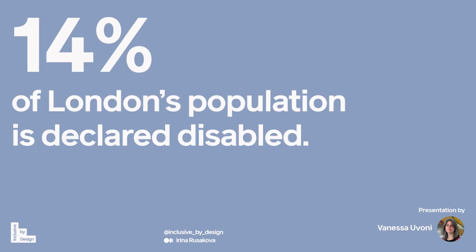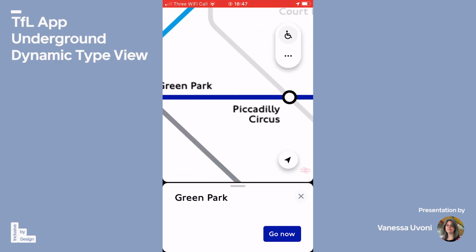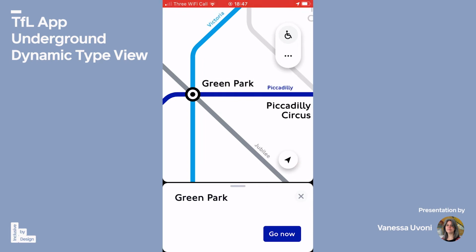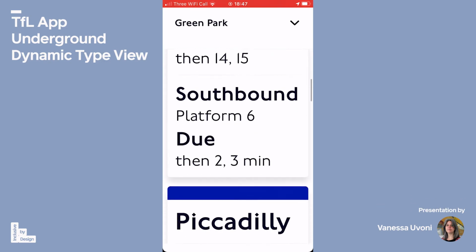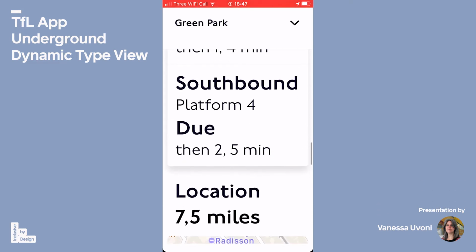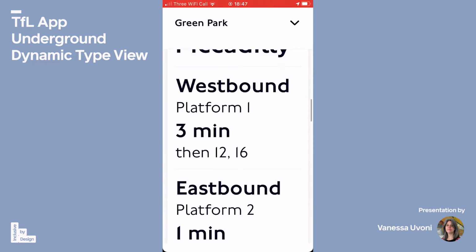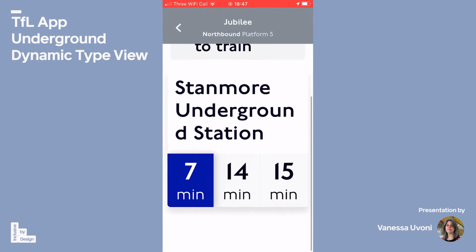14% of London's population is declared disabled. If we look at this number, that doesn't include anyone who doesn't declare themselves as disabled. So anyone with even light visual impairments, like I need to wear glasses and I forgot to wear them, could actually increase the number. If we think about each and every one of us in different situations of our day,